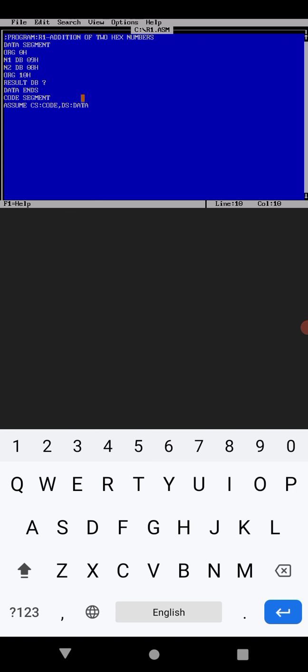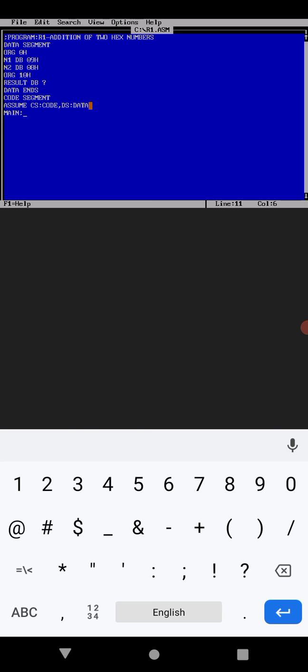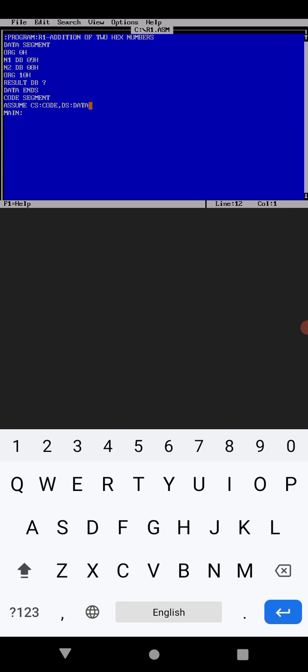Then type main. Then move ax comma data. These are all fixed lines, so there is no program involvement.